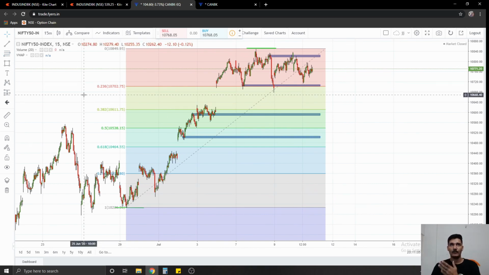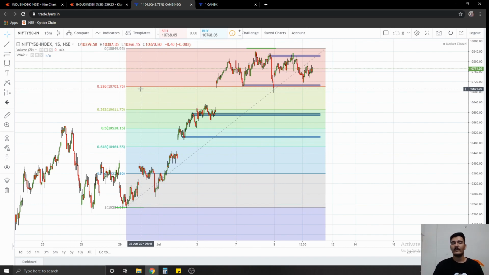I have 0.236, 0.382, 0.5, 0.618 as we had earlier, and I look for confluences between my zones and the Fibonacci levels. Now I had a good confluence at 10700 with the 0.236 zone, 23.6% as you want to say it,